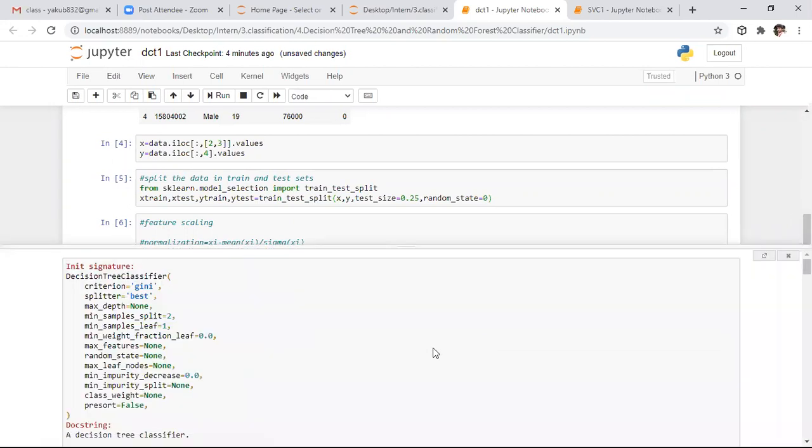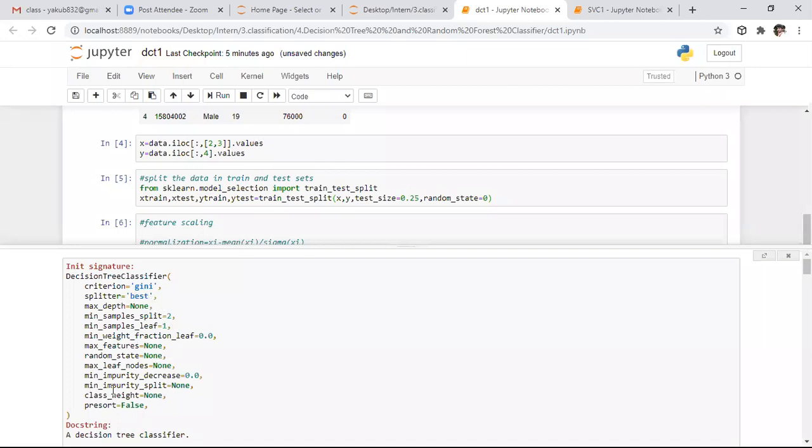If you observe this classification, by default the criterion is Gini index. Here I don't want to consider Gini index as the criterion to fix the root node. I want to keep the entropy criterion to fix the root node. We discussed the entropy criterion, that's why I want to keep it. After that, the splitter, whatever the best splitter is, by default it is taking the best splitting method only.